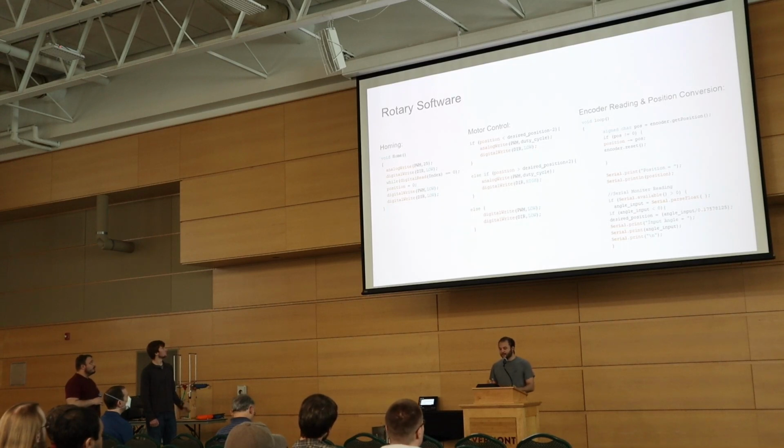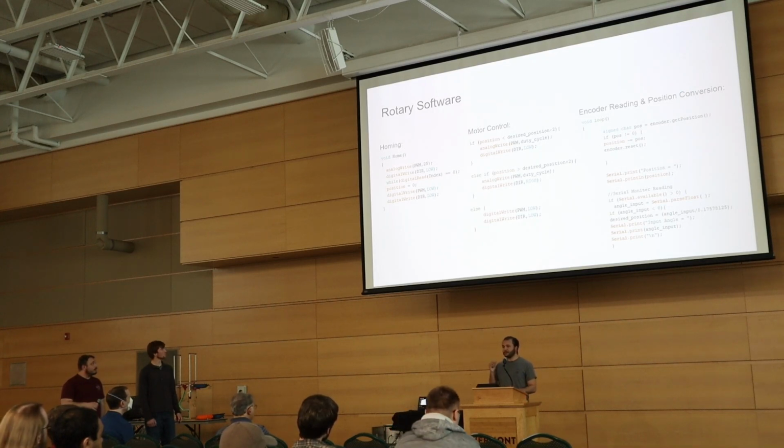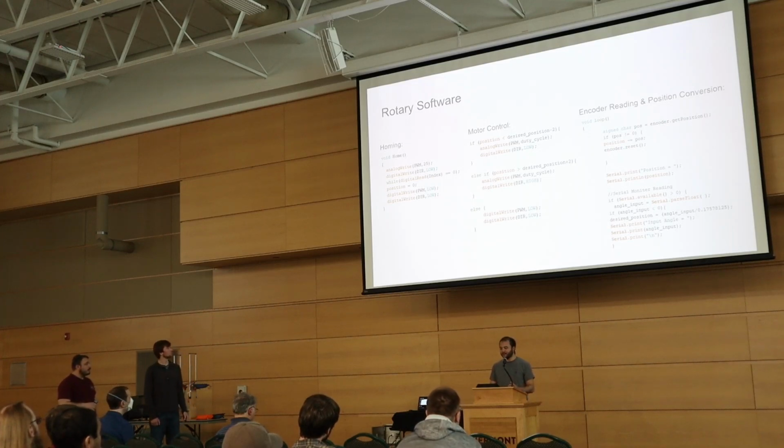The motor control code, which is in the center, as I said before, if the position is less than the desired position -2, because of the capabilities of the Arduino, it will rotate the motor in the negative direction and vice versa. I have the -2 and +2 in my code because the Arduino isn't capable of reading down to 2048 pulses per revolution. It's within 2 plus or minus, so that's roughly plus or minus 0.35 degrees, which in our system we can handle with the spacing of the